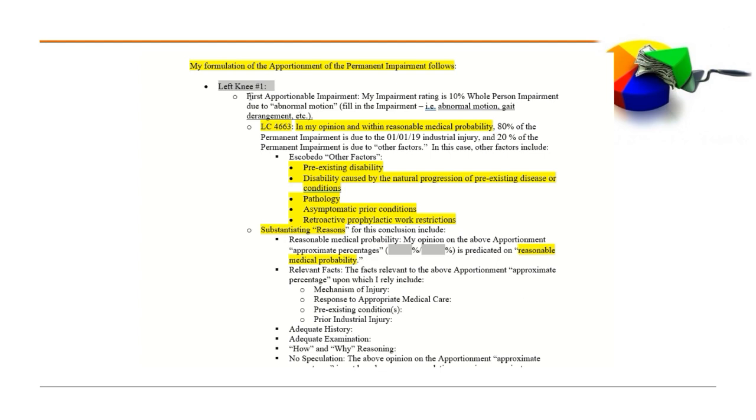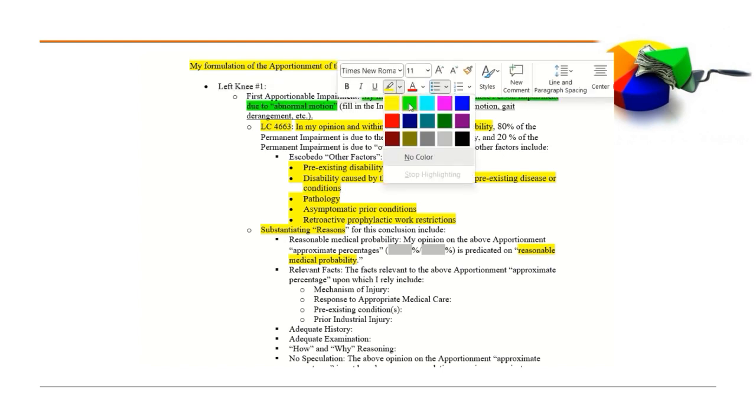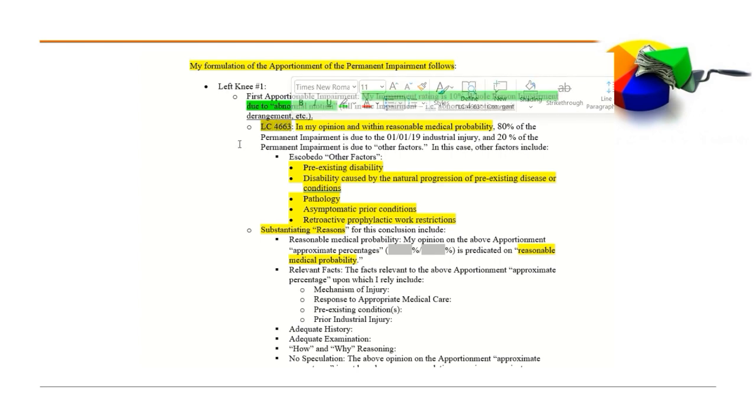So you tell us here, my first apportionable impairment, my impairment rating is 10% whole person impairment due to abnormal motion, which is what we're using in this particular example. Okay? And then once the exact impairment is described here, whatever it may be, if it's gait derangement, abnormal motion, ligamentous instability, tell us what it is here. And then you're going to go through the apportionment first according to Labor Code Section 4663, and